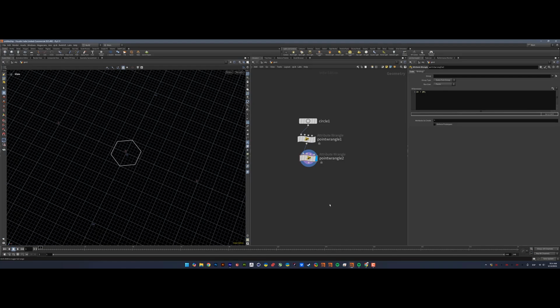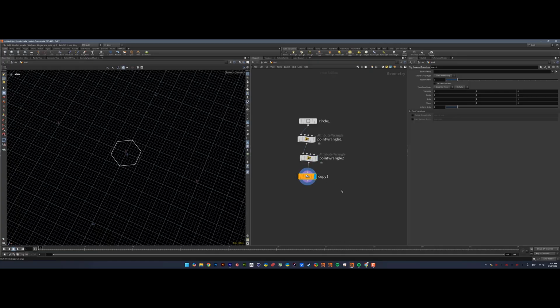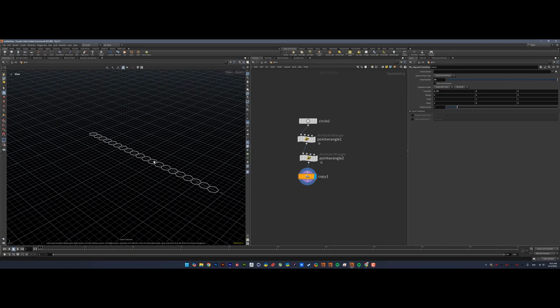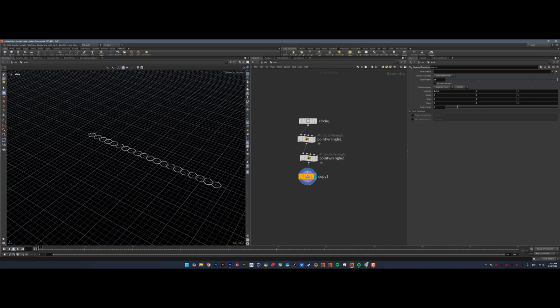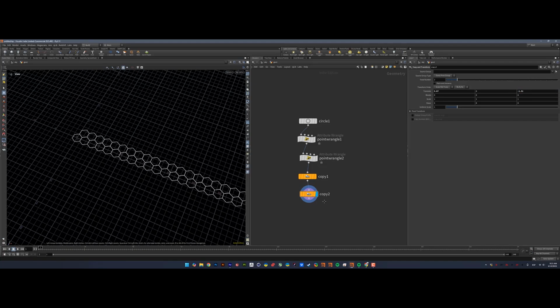So I'm gonna create a duplicate, and I'm gonna translate 1.74 with 20 copies, and another duplicate with 2 copies, and I'm gonna set here 0.87 and minus 1.5. So we'll have this, and then we're gonna create